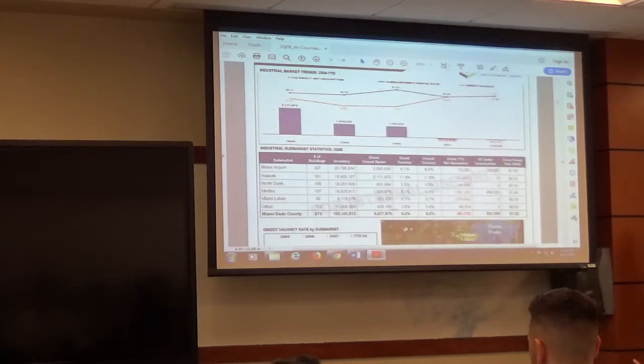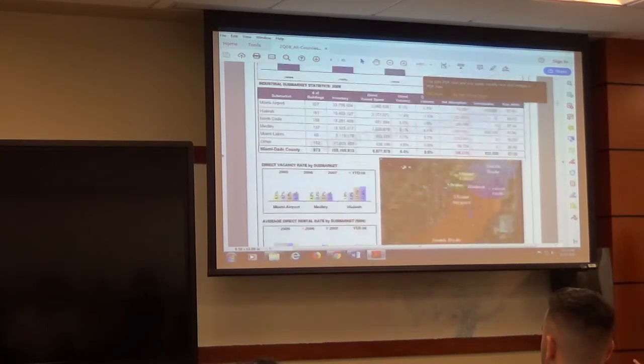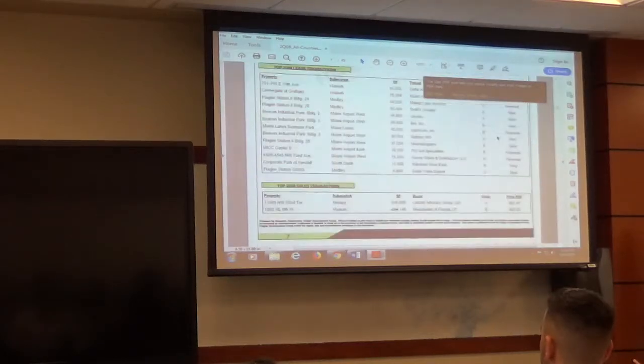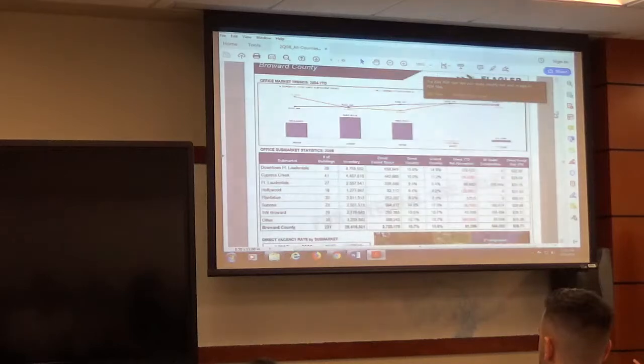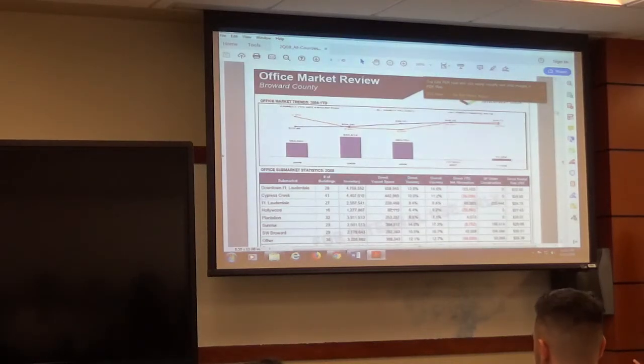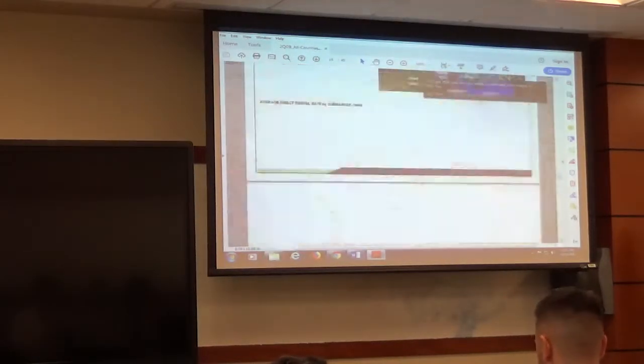Well, industrial. You're already starting to see here an intersection, right? As absorption goes down, you're already starting to see an intersection there where rents are starting to come down again, right? Let me go. I think Broward was pretty bad too. Yeah, Broward. You're starting to see the same thing, right? Let me go to Jacksonville, the last one.